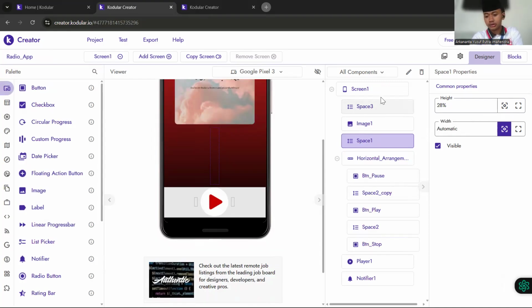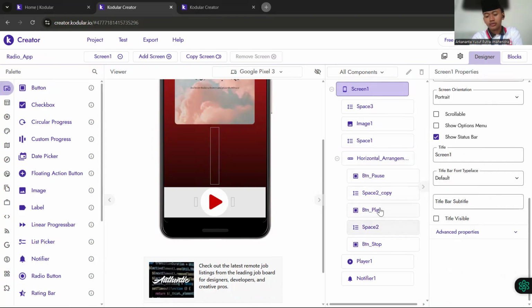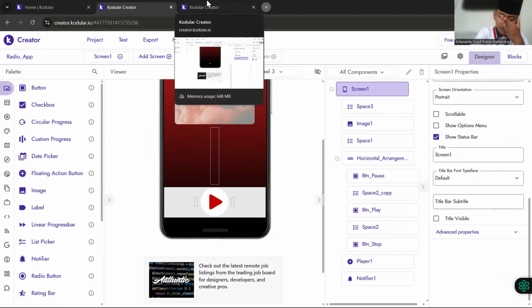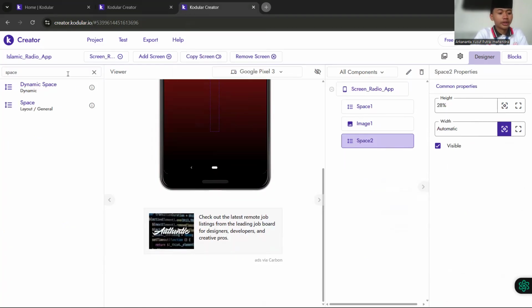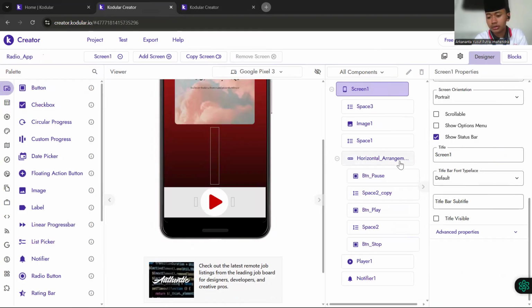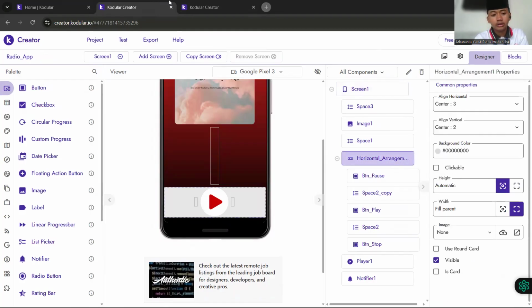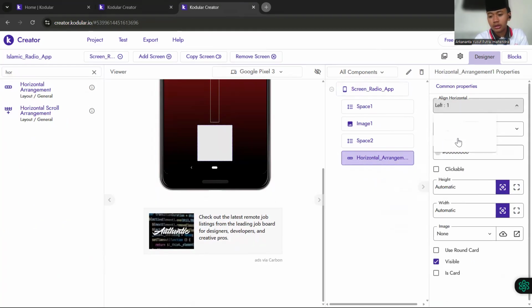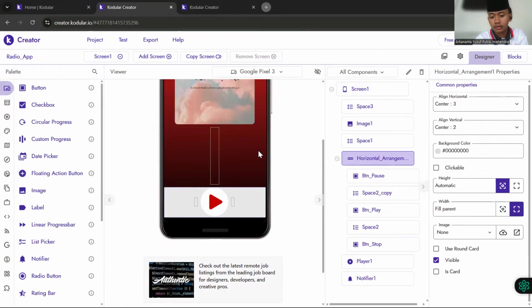Then you can add the name horizontal arrangement like this. Then for the setting of horizontal arrangement, center fill pattern, okay, like that.